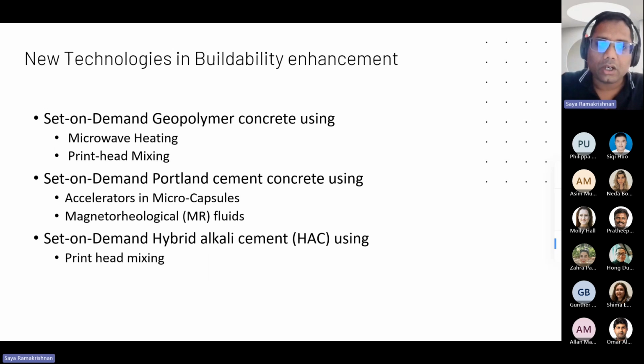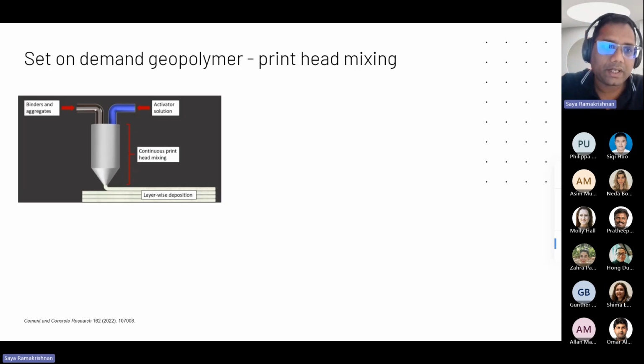So that's a brief of how microwave heating at the print head or nozzle works. The second method we introduce is print head mixing. The print head mixing technology uses two-part mixing at the print head. One part comes as binder and aggregate, and the second part comes as activator or accelerator. They are mixed at the print head, and that mixing activates the binders and makes the concrete set